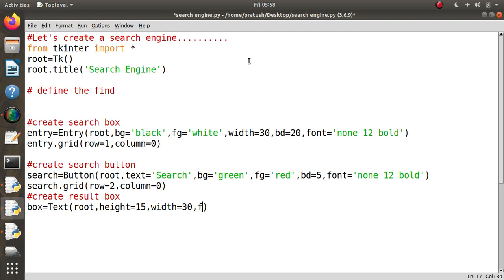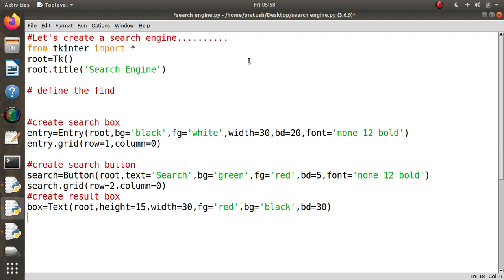Then foreground color equals red, and background color equals black. Then border width we will give by bd equals 30.